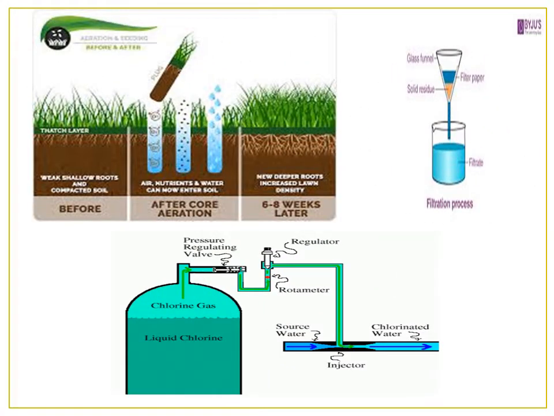How is it? Chlorine, a lot of chlorine is there. You know that in our drinking water every day. So liquid chlorine, in this process it is removed, it comes down in the flask, a big conical flask is taken, chlorine gas is moved by the pipe, regulator is there, rotameter is there, source water and chlorinated water with injector, pressure regulating valve is present. In this way we get pure drinking water.